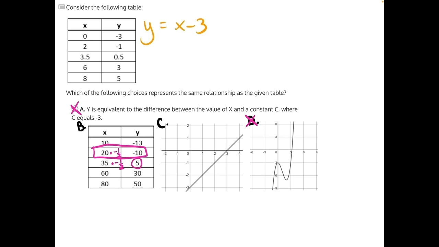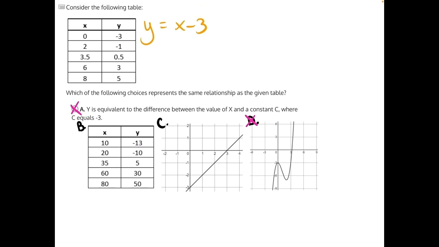Half of 60 is 30, but we need to change the sign. It would need to be negative 30 for this to be consistent. And half of 80 is 40, not 50. And it, again, should be negative because of that negative sign on the 1/2. So if you catch that, then you would be able to eliminate answer choice B right away for not even